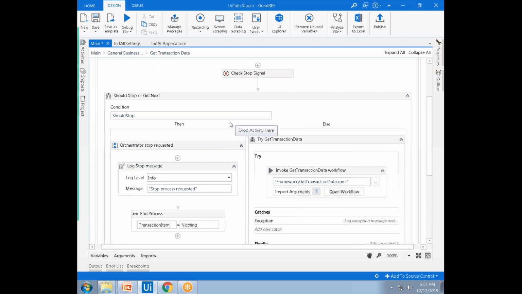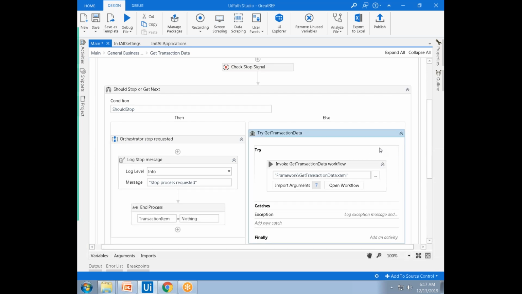If anyone clicked on the stop button from the jobs, should stop will listen and it will return true. Then we have to stop the process wherever the transactions are. If there are pending transactions also, we have to stop that one. So the next one: if should stop is not clicked, then it will go to the